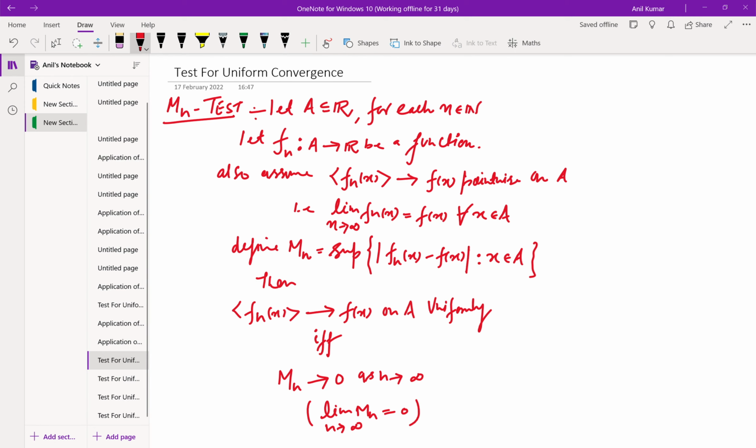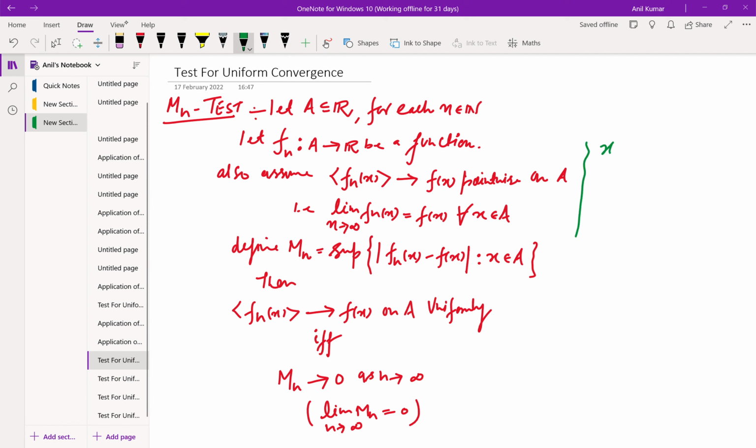लेट A be a subset of R, एंड हर एक n के लिए हमने एक फंक्शन डिफाइन किया है फ्रॉम अ सेट A टू द सेट ऑफ रियल्स, है ना. एंड असयूम किया है कि ये जो सीक्वेंस ऑफ फंक्शंस है, दिस सीक्वेंस ऑफ फंक्शन कन्वर्जेस टू द फंक्शन f पॉइंट वाइज ऑन A, है ना. पॉइंट वाइज का मतलब क्या होता है? पॉइंट वाइज का मतलब ये हुआ यहां से